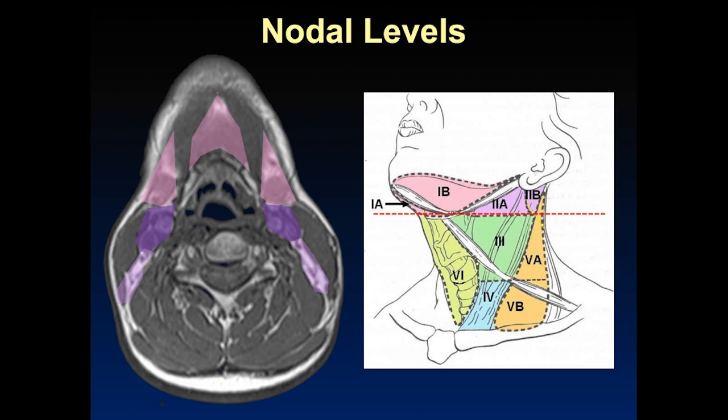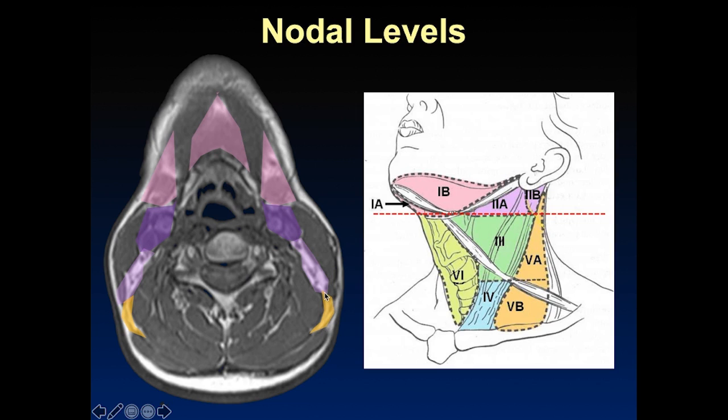Typically, in the surgical literature, we're going to be using the spinal accessory nerve to delineate level 2A and level 2B. But on imaging, we're really not going to see that as well as the posterior margin of the jugular vein. So now that we've gone over these areas, let's look at the posterior triangle of fat here, which is going to be the very top of your level 5 lymph nodes, belongs to the level 5A